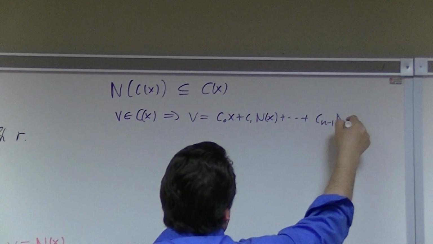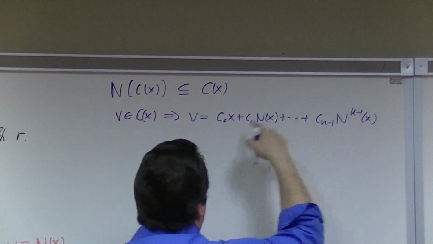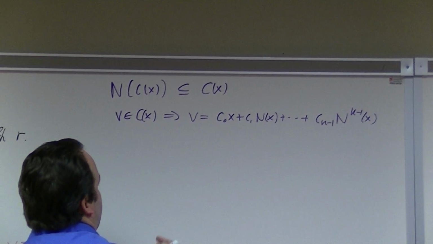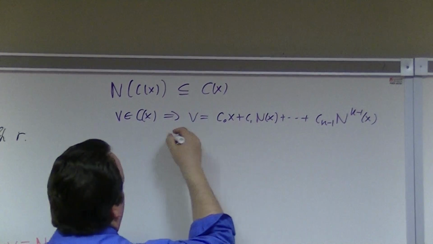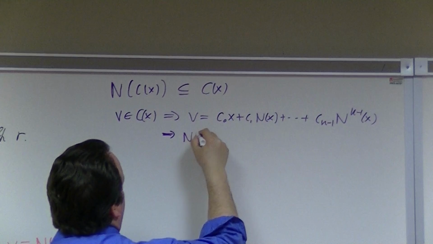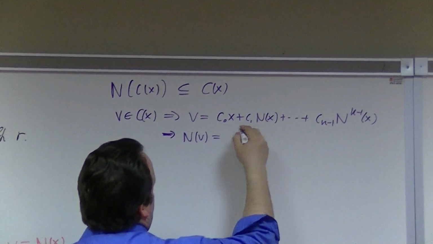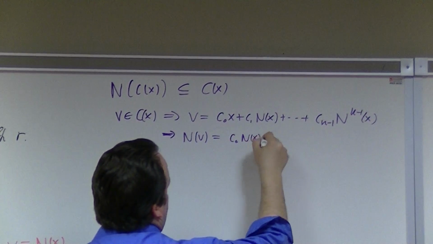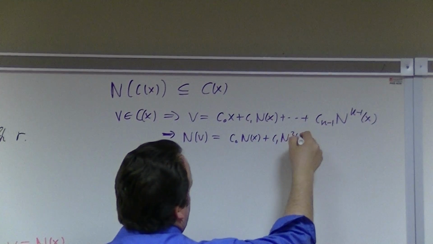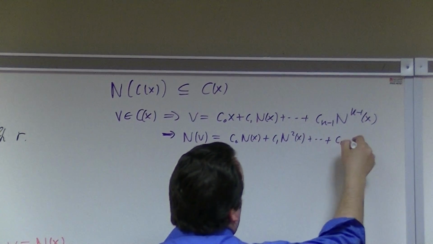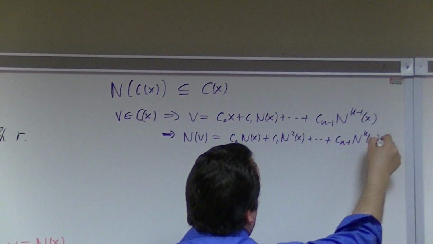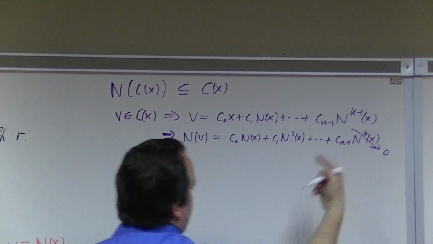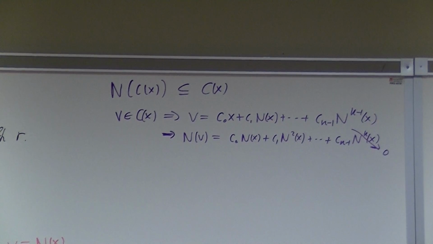C_{k-1} n^{k-1} x, that's it, right? That's the definition of C of x, the span of these things. So if you operate on n, and v is what? It's c_0 x plus c_1 n x, plus c_2 n squared x, plus and so on, plus c_{k-1} n^{k-1} x, and n to the k x is 0, right? So that being 0 means that n acting on v doesn't go outside the set, right? The fact that n to the k is equal to 0 is what enforces the n invariance of